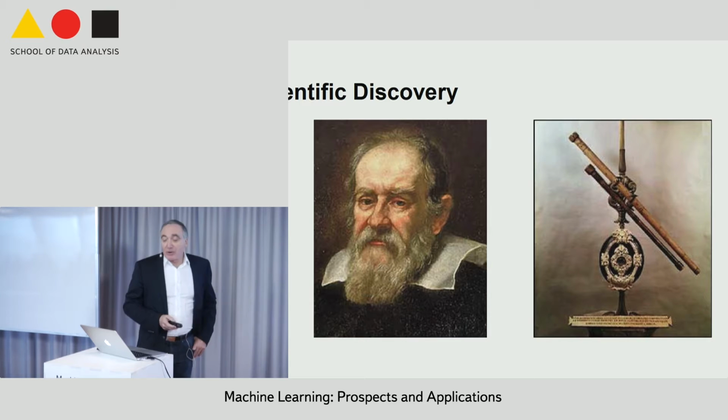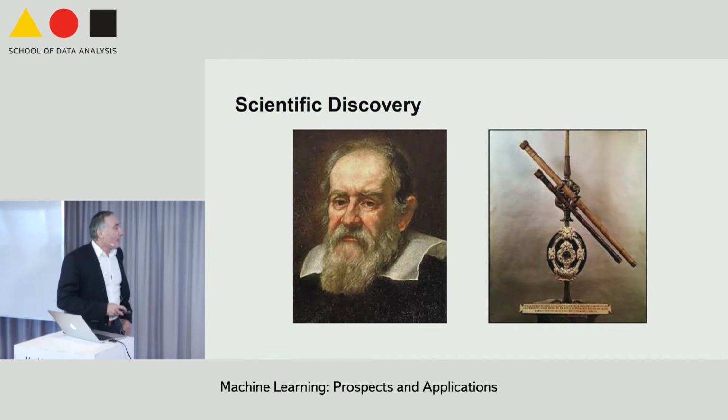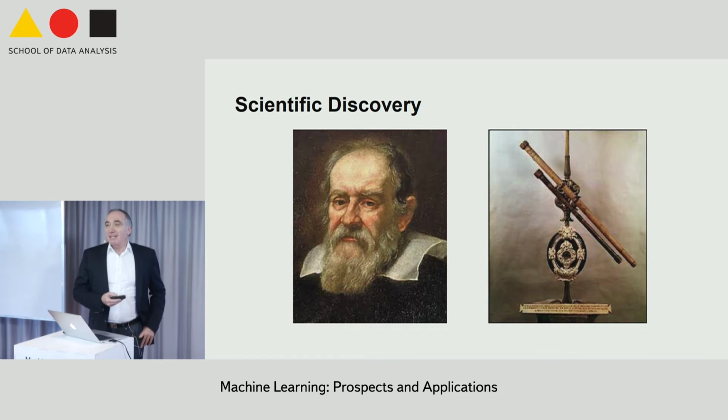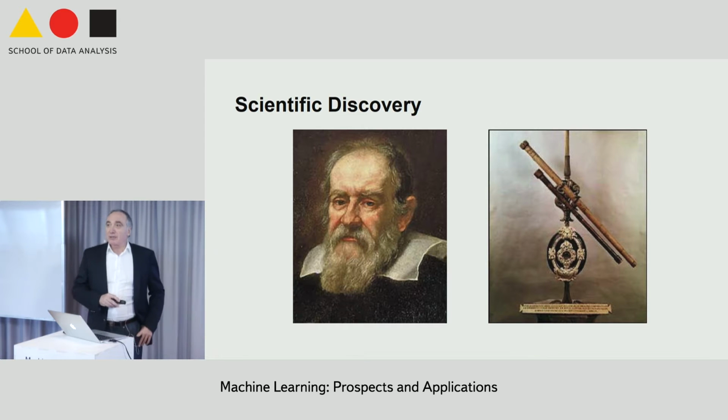He had no iPhone. He couldn't order it from Amazon, so he built it himself. And this had a magnification factor of 20x. It was a very primitive telescope, but of course it was incredible at the time to look at the skies. There was no pollution, magnification of 20, and you can see that there is no real data collection. Of course, he could write down the coordinates of some planets on a piece of paper, but that was the data collection at most. Everything is done by his eye and by his brain.